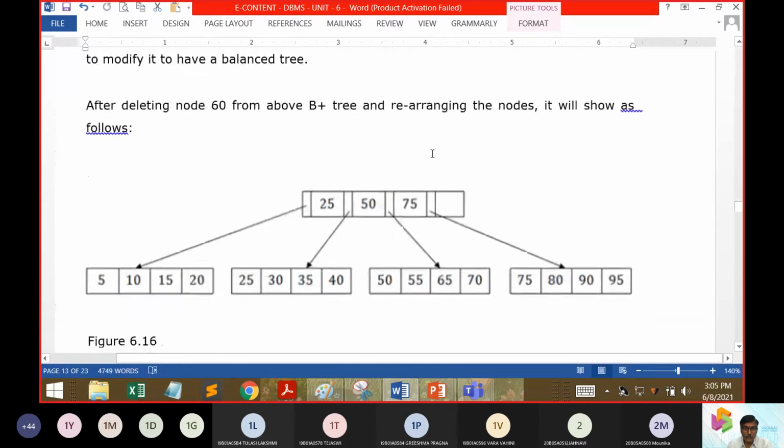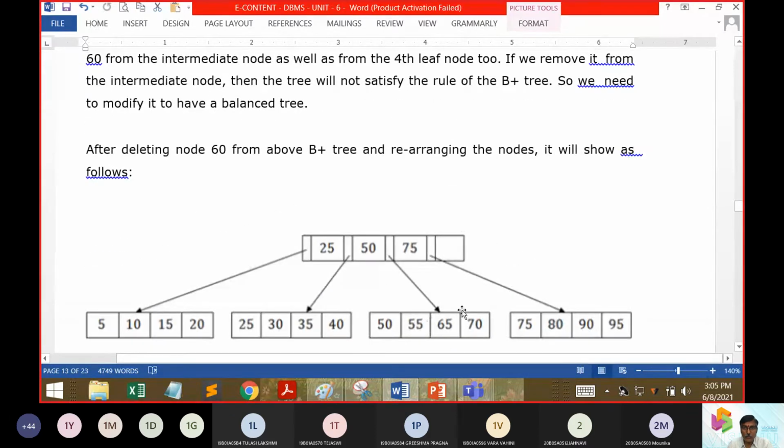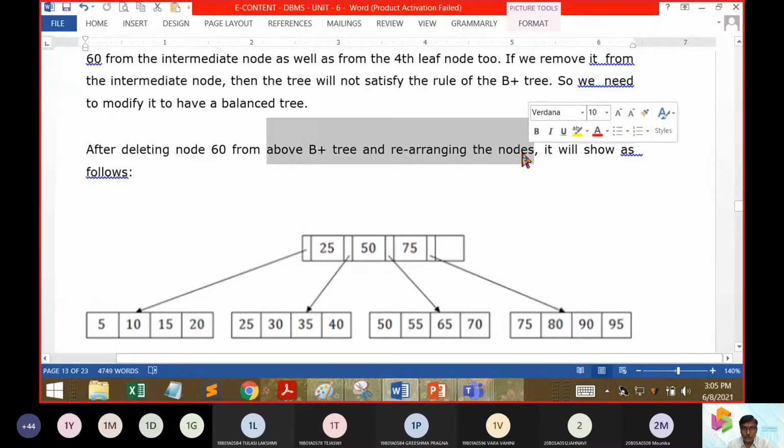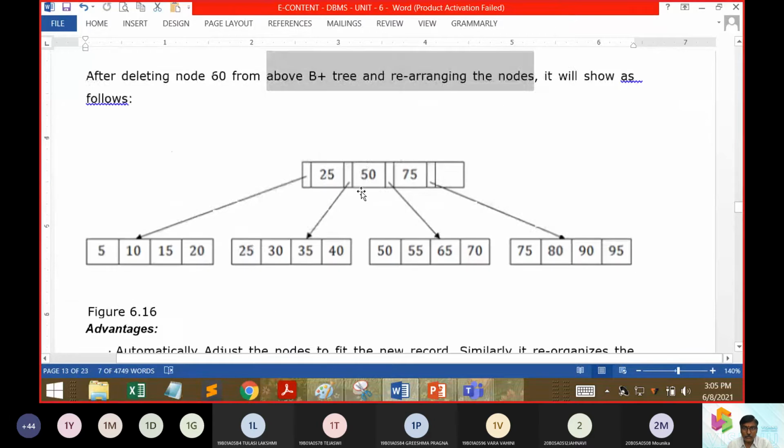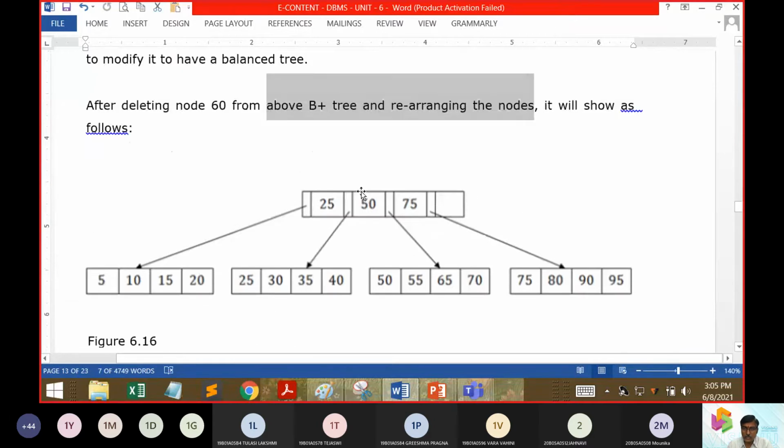So once we remove 60, both the items are going to be removed, and you can see it is going to be rearranging the entries.